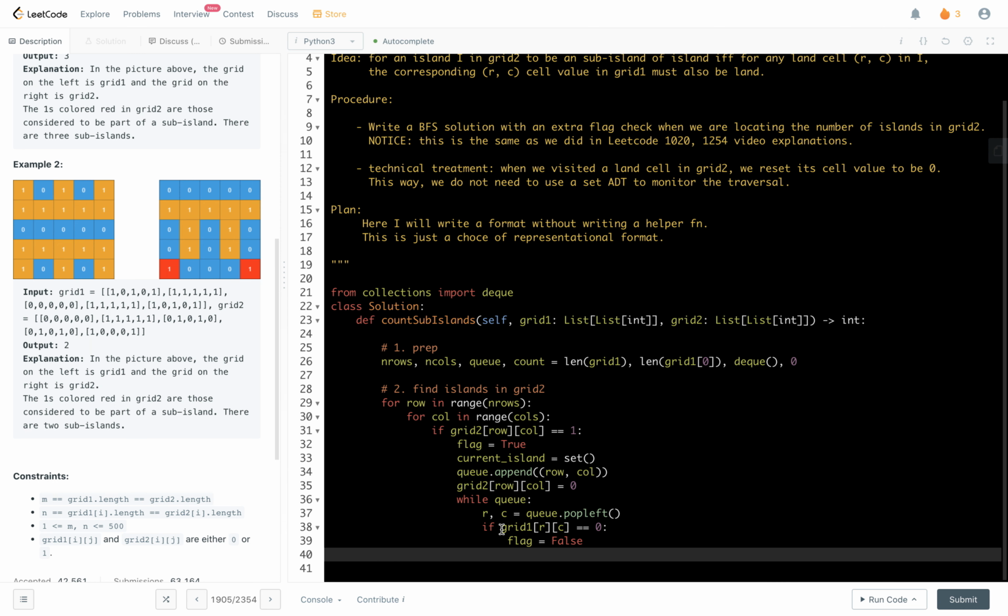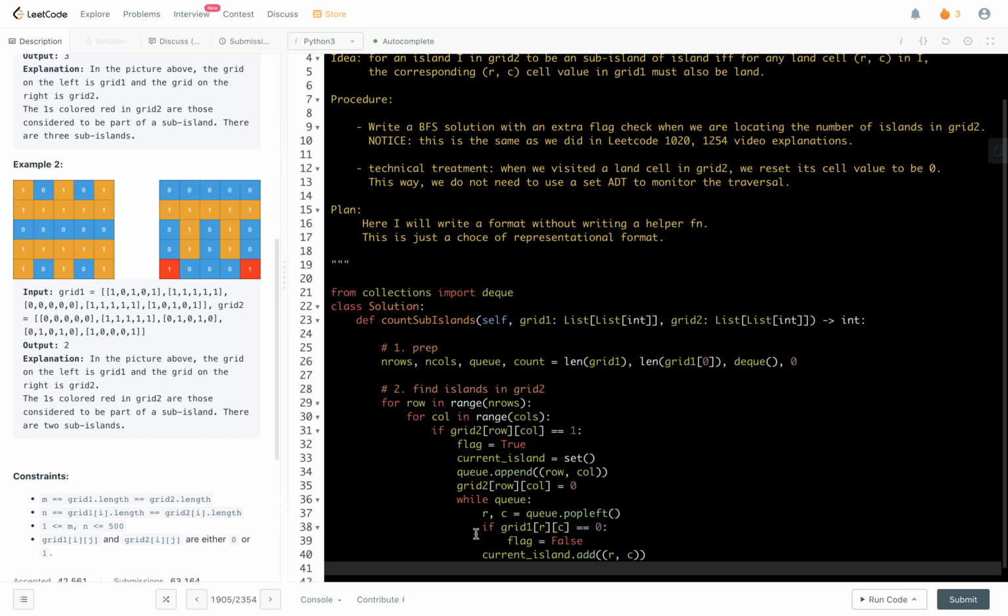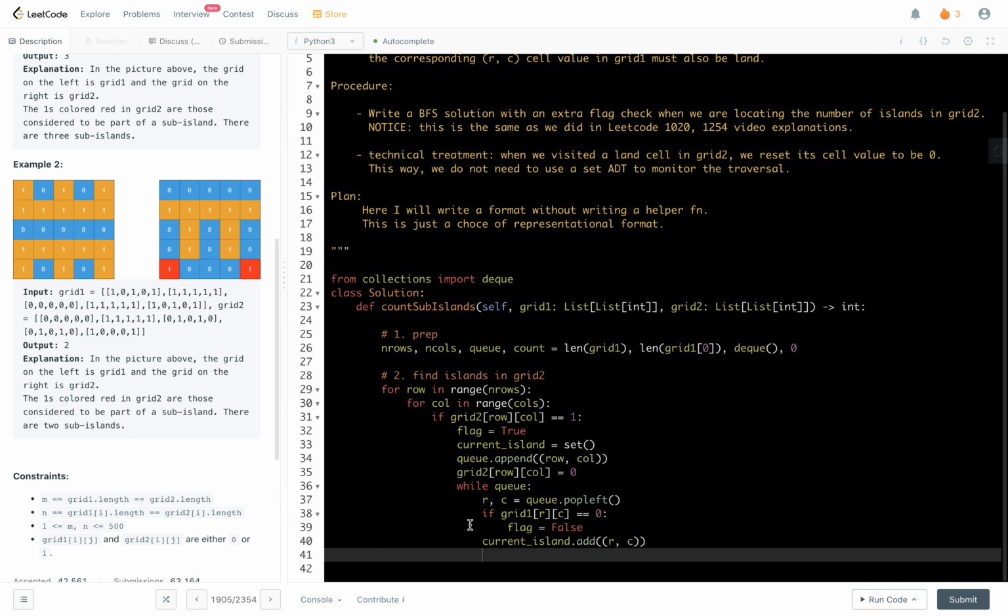That's an extra check, compared with the standard traversal. Next, we're going to add the current position to the current island. Next is standard: we're going to look at the 4 neighbors of this position. Here let's write in a different format. Let's check if R is less than n rows